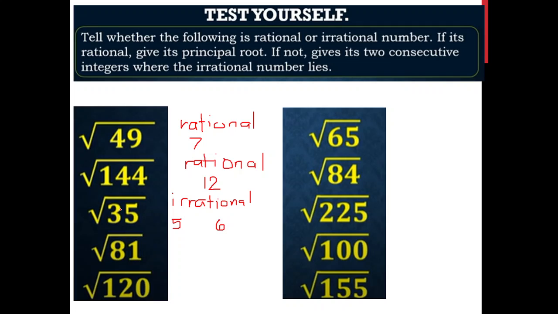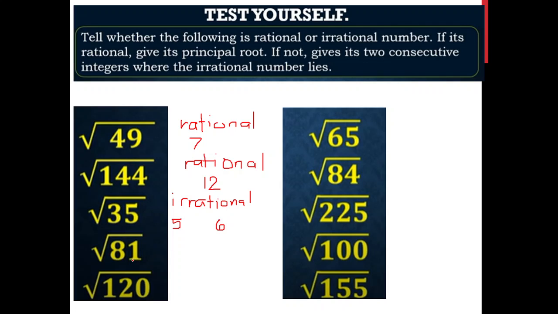Did you get it? 35 is not a perfect square because 5 multiplied by 5 is 25, which is a perfect square, and after that, 6 times 6 is 36. So the perfect square before 35 is 25, and the next is 36. Therefore, 35 is not a perfect square, and it lies between 25 and 36. The square root of 25 is 5, and the square root of 36 is 6. Therefore, the square root of 35 lies between 5 and 6.